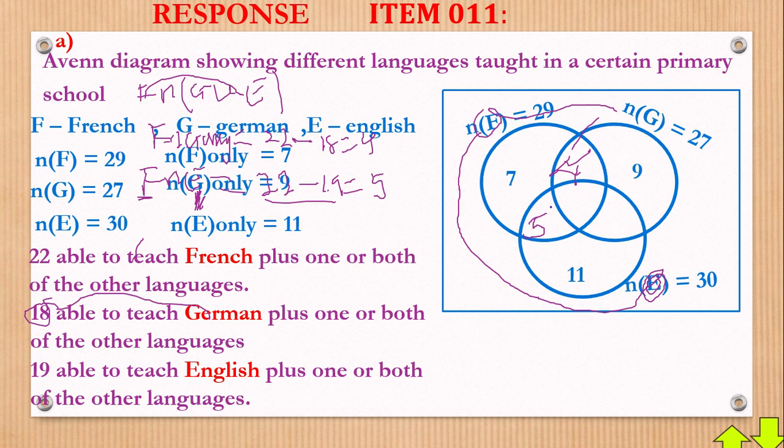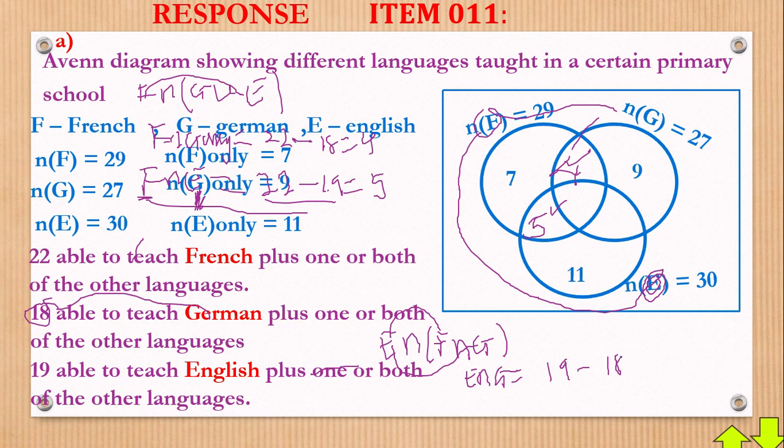Now we find that we have got this and we have gotten that. What is remaining is only this area. And how shall we get this area? Now let's get it from this. Realize that this part here will give us the English intersection, okay, f intersection g, like that. But realize that the combination of e intersection f, we have finished it, which is same as f intersection e from right up here. So now what does it mean? It means that we are going to take e intersection g, and this will give us, now the e had what? E has 19 minus, what about g? G has what?